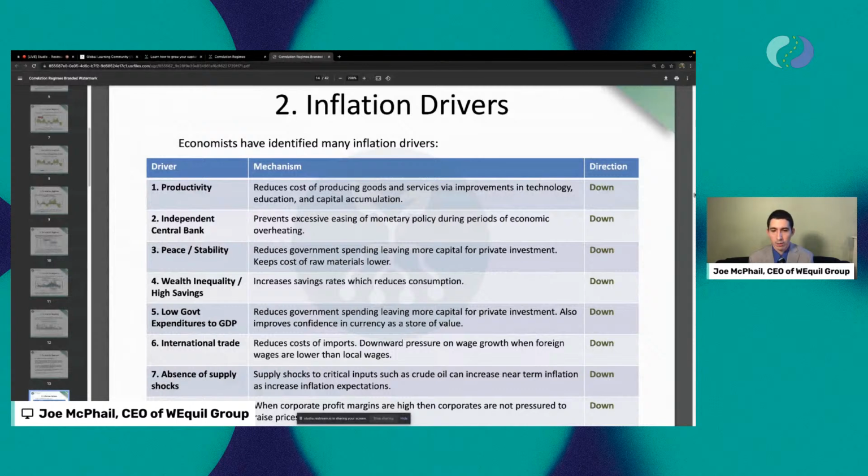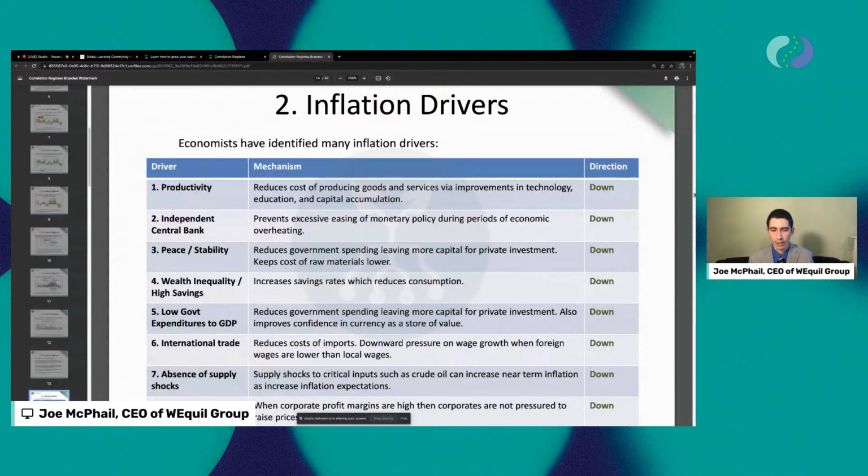And then also international trade. We've had a long period of international trade essentially driving up trade as a percent of GDP, starting with the trade war that started to turn. And it appears as though that's continuing to reverse itself after a good 30, 40-year period of increases, basically since the end of the Cold War and the addition of trade agreements. And then also the absence of supply shocks would contribute to low, moderate inflation and higher corporate profit margins. Basically suggesting that corporates don't need to raise prices if they have wide profit margins.